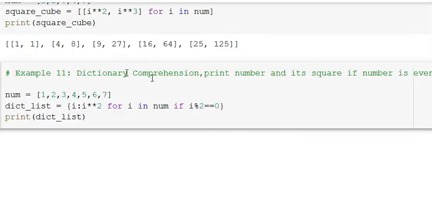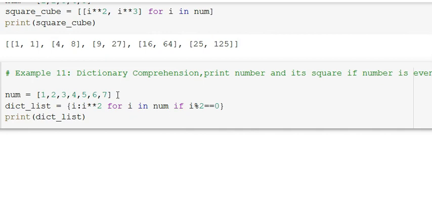Similar to list comprehension, there is dictionary comprehension. For example, print a number and its square if the number is even. I have a given set of numbers 1 2 3 4 5 6 7. I have to print in dictionary form, so I have to print the number i and its square in the form of a dictionary.